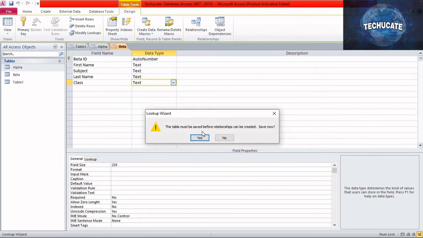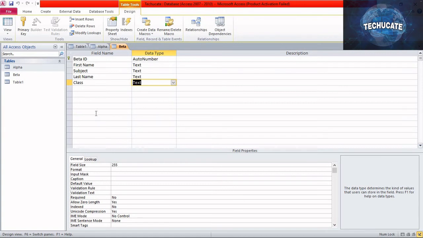The table must be saved before relationships can be created. That means we have to save the table whenever we create the relationship. Click on yes. Now we have the relationship between alpha and beta with the attribute class name from beta entity and roll number from alpha entity.